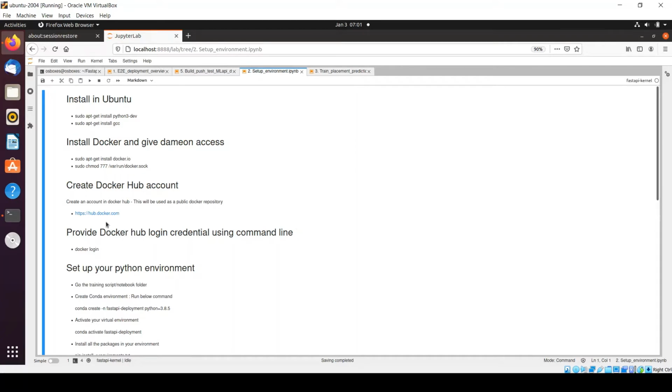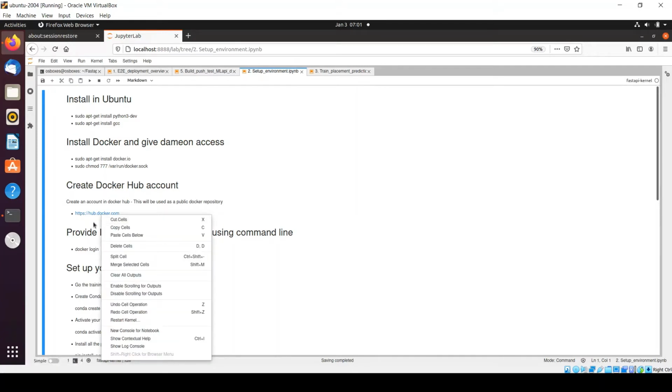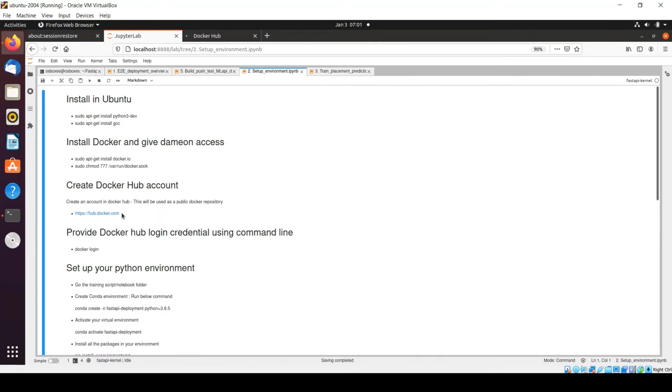So in order to create a Docker Hub account, just go to this link and sign up for Docker Hub.